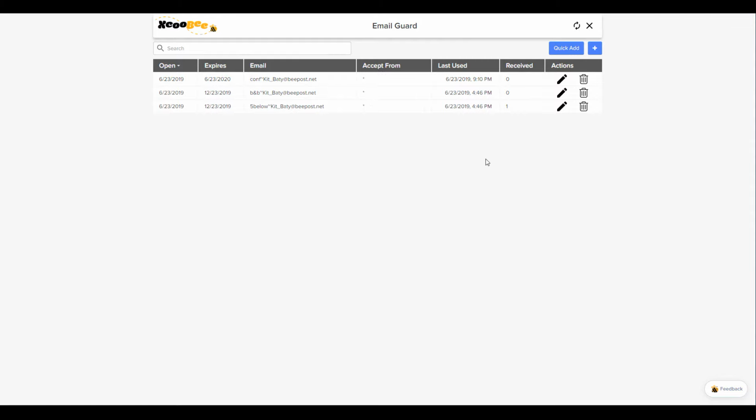Back on the Email Guard page, you can see my new email address has been created. You can also keep track of how many emails have been sent to your email addresses. You can also click here to edit the email address and here to delete it if you no longer need it. I'm showing you how to create and track these emails from the desktop app, but if you have the XcooBee app on your mobile device, you can create a new email address on the go wherever you